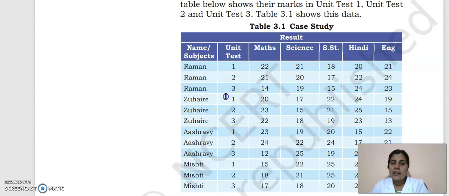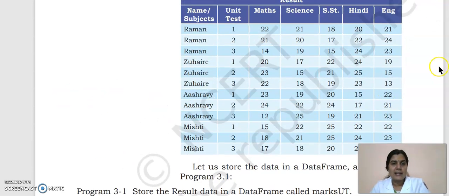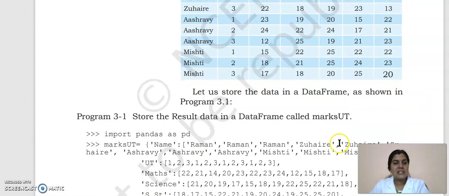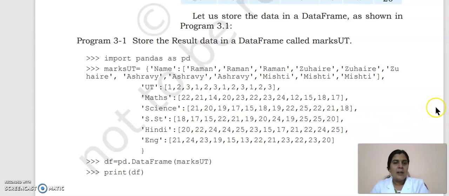And Suhair's unit test 1, unit test 2, unit test 3. So for simplicity here they are taking only 4 students of data. That means 3 unit tests are held in the school. For students, unit test marks are recorded. So for each student there will be 3 unit test marks. So Raman, Suhair, Ashravi and Misty are the students.